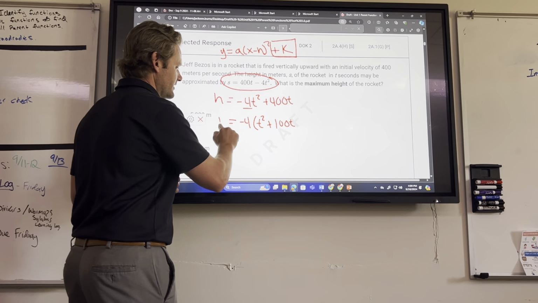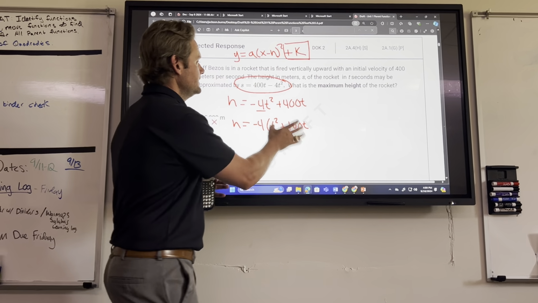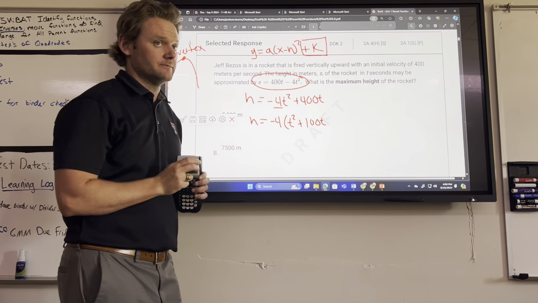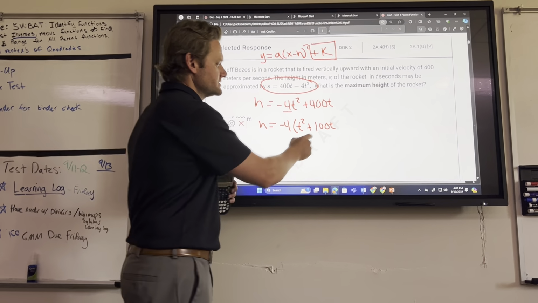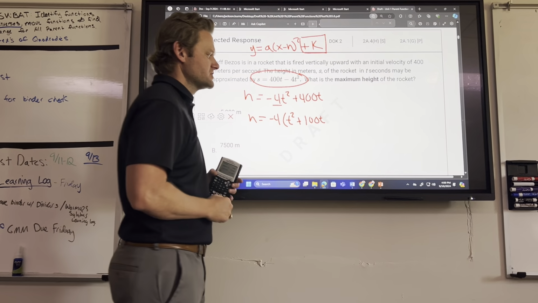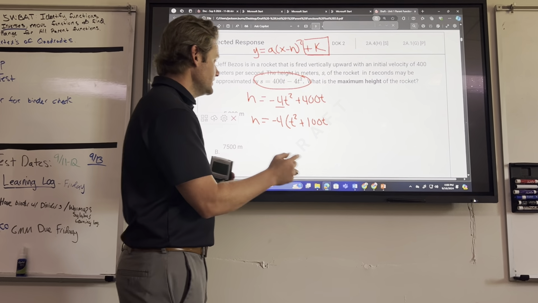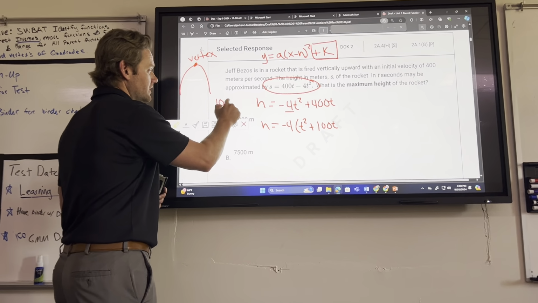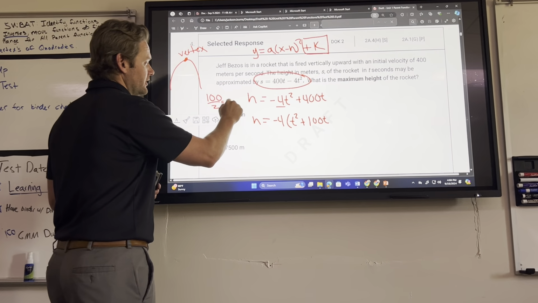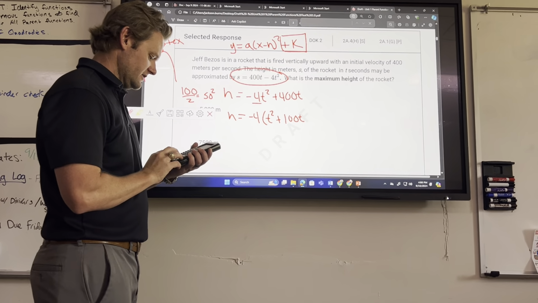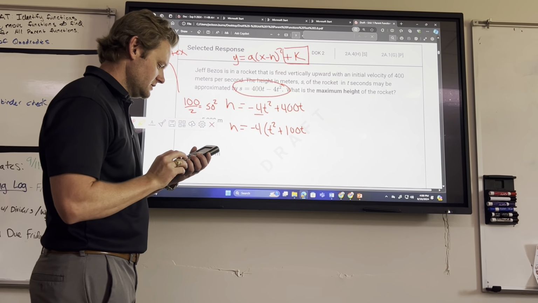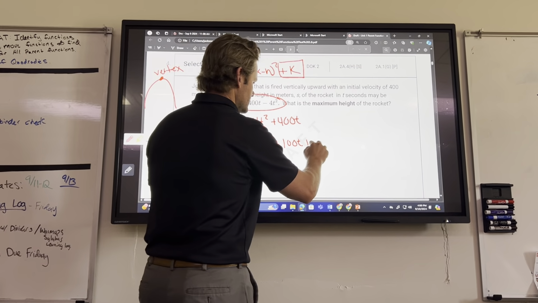All I did was factor out a 4. Now again, I need a perfect square there. So this is my b value because it is my second term after my square. So I'm going to take half of it. So 1/2 my b, so 100 divided by 2. I know that's 50. Now I'm going to square it. So I get 50 squared, and that is